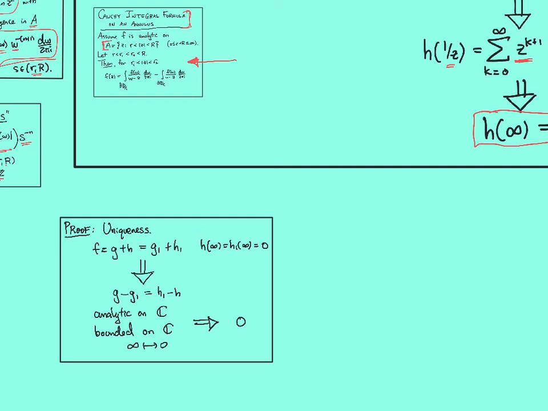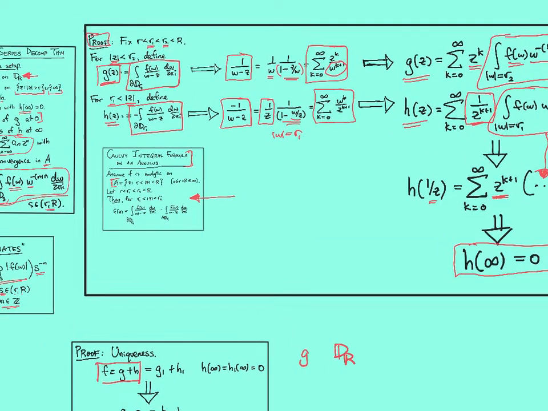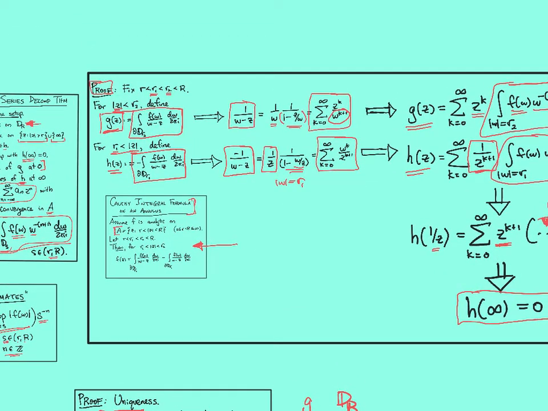Let's say we have F written in one way with G and H. So G will be analytic on the disk. Well, I think there's one thing I glossed over here, which is that G is only defined for Z's less than R2, and H was only defined for Z's with modulus bigger than R1. But we'll see in the uniqueness that you could do this for all different R1s and R2s satisfying this, and you could push R1 going down to little r